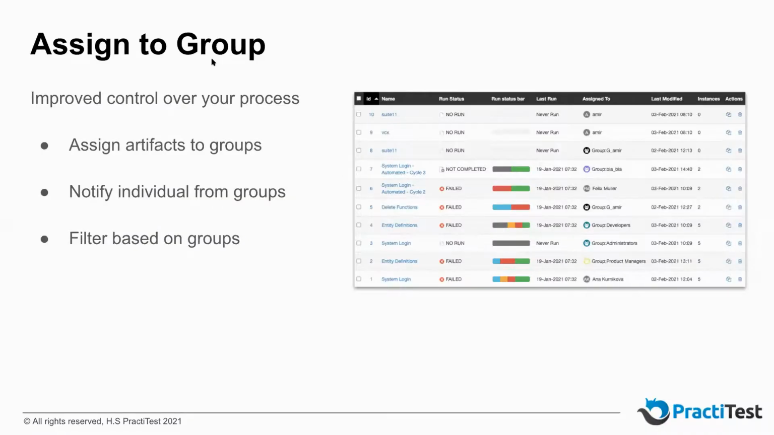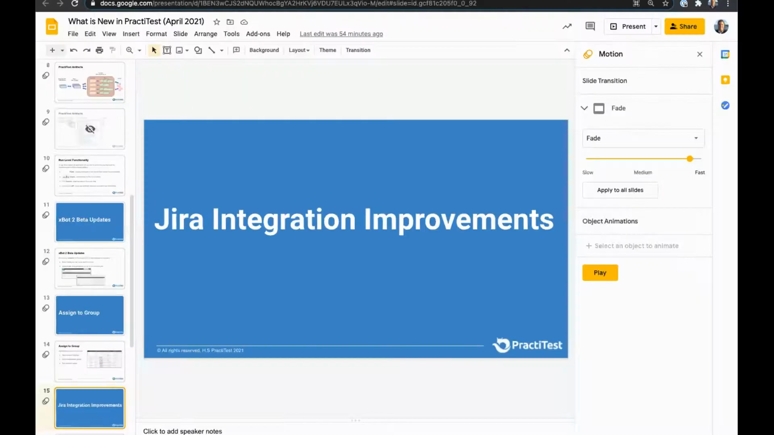The assign to group functionality will allow you to assign any entity either to a person or to a group of people. And when you assign it to a group of people, then first of all, everyone in that group will get notification via email, just as the individual would get. And you're also able to filter based on groups. Okay, so it's straightforward, but really, really neat. So if I come here,